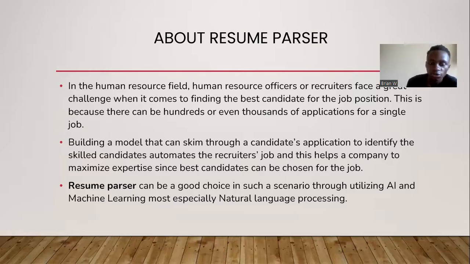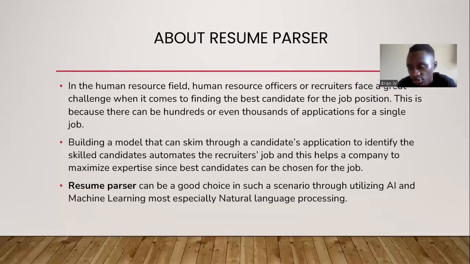So by building this model, which can skim through a candidate's application to identify the different keywords which are required in a resume, the different skills, and another thing, it identifies the different unwanted words such that it eliminates such candidates, and this makes it easier for the recruiters to identify the best candidate and also for the company to maximize expertise since the best candidates can be chosen for the job. So for this project, we are going to use natural language processing, which is a subdomain